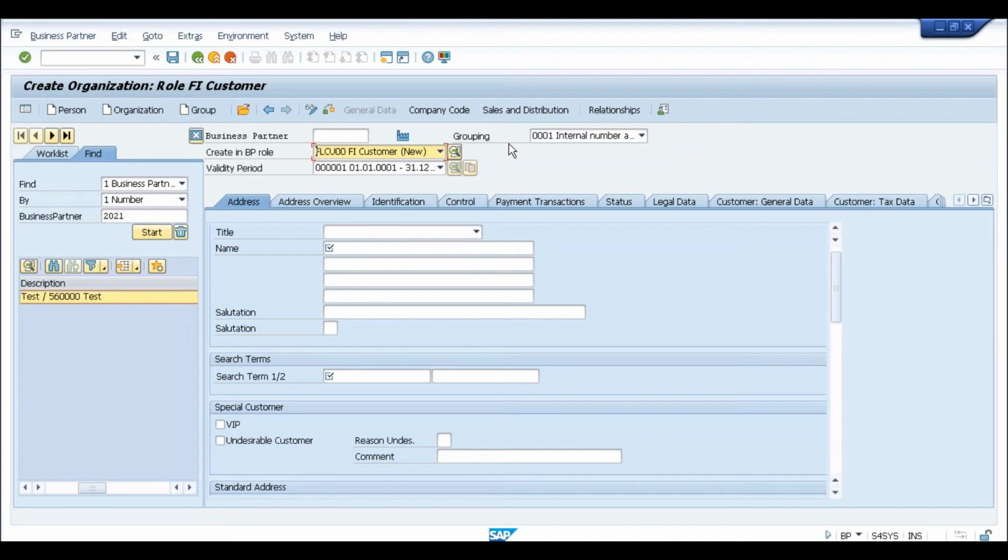Can you show me the group and the role linkage? Which group are you talking about? The business partner grouping or this one? Say suppose for 0001 grouping, there may be multiple business partner roles defined. No, we are defining it here. Whatever roles you want to define, you are defining it here. There is no combination of this anywhere in the system that you can configure. Why do you want to configure it? Can you tell me the scenario why you are looking for this combination?